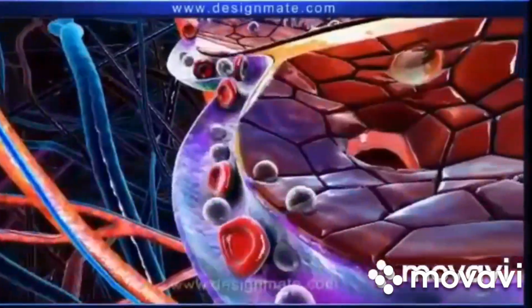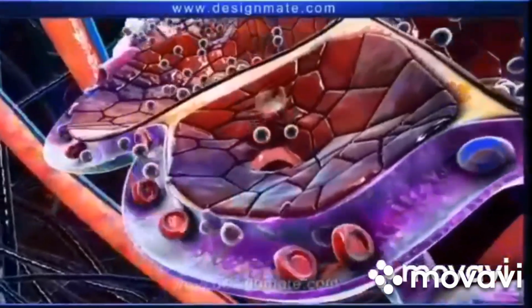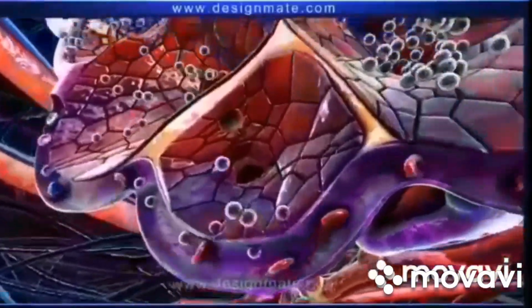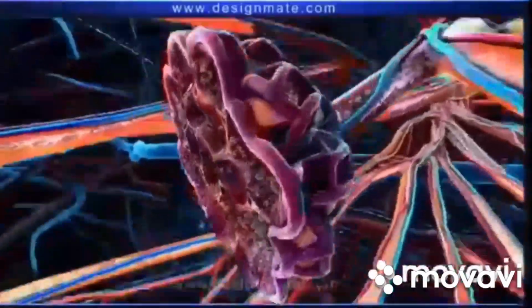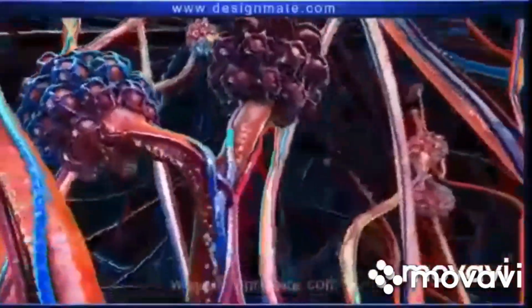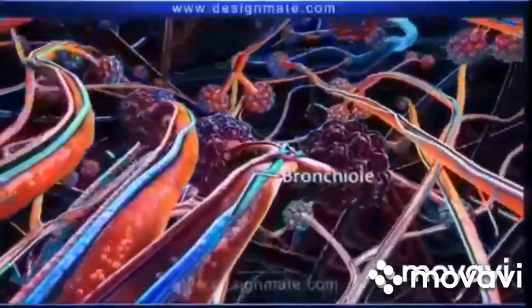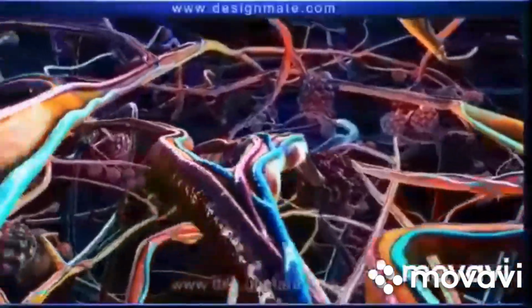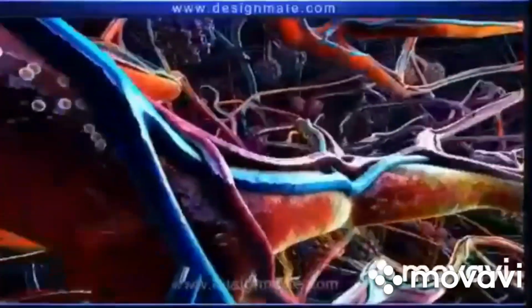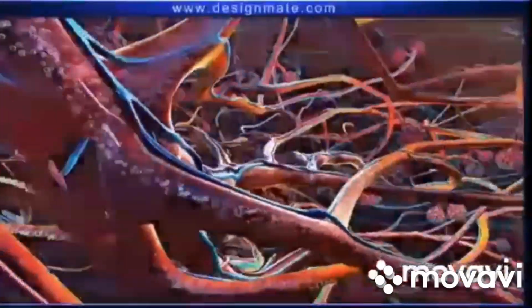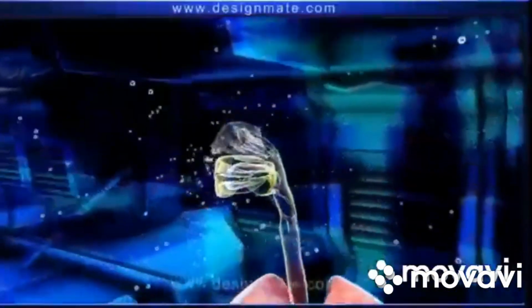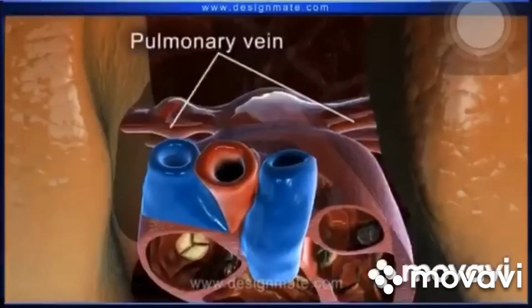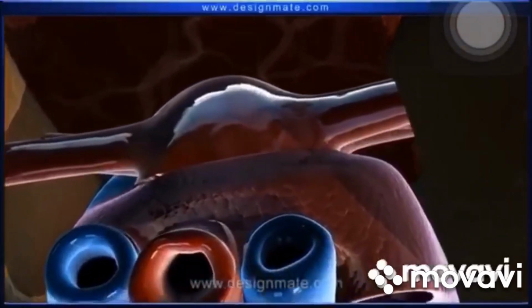Now, what about these carbon dioxide molecules? These carbon dioxide molecules are absorbed into the pores, and now all the carbon dioxide molecules get absorbed into the holes. Now, the carbon dioxide molecules flow into the bronchioles. All the carbon dioxide molecules from different bronchioles pass into the bronchi. Now, this bronchi releases into the trachea and is released from our body as a waste product.